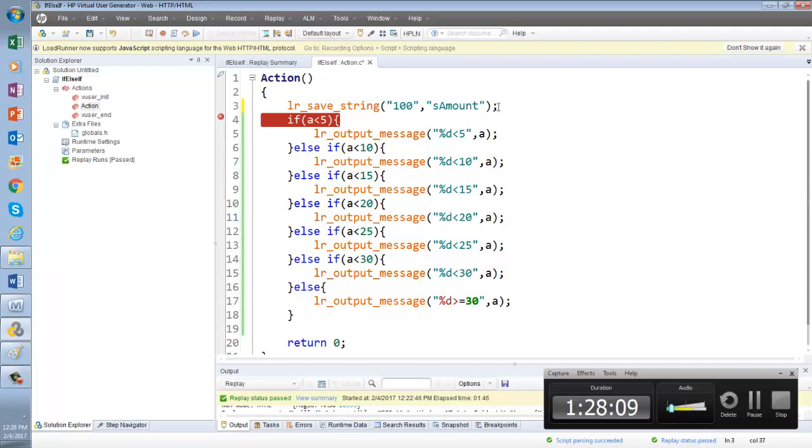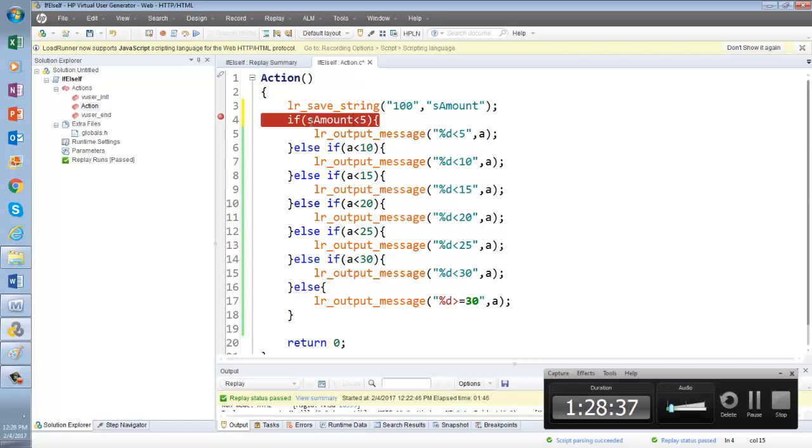My value is not in a anymore; now my value is in s_amount. Previously my value was in a variable called a. Now my value is in a parameter called s_amount. So how will you do that? Will you be able to write here if s_amount greater than or less than, will you be able to write it?